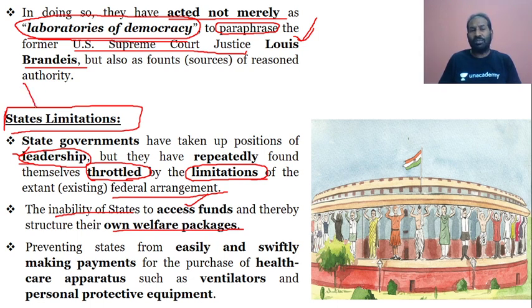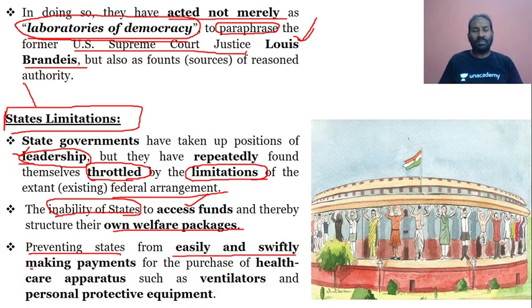So that is why I'm talking about the state limitations, because of the federal arrangements which is now existing in India, that is the people's representative system in India, or the parliamentary form of government in India. If you look at, it is a federal arrangement, and that actually has some kind of inability of states to access funds. And not only that, we have seen that states have been prevented